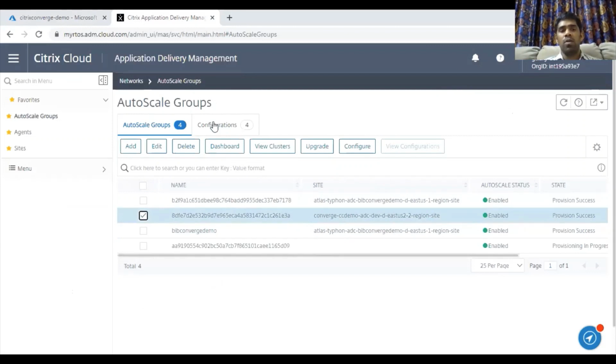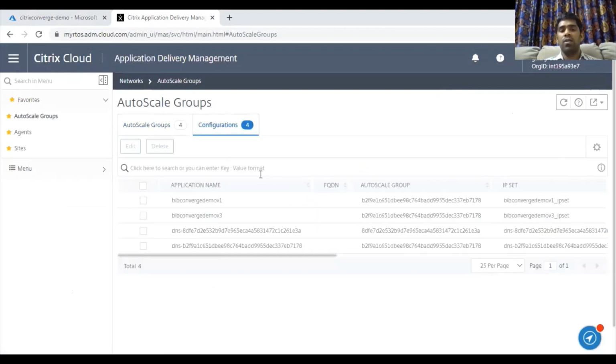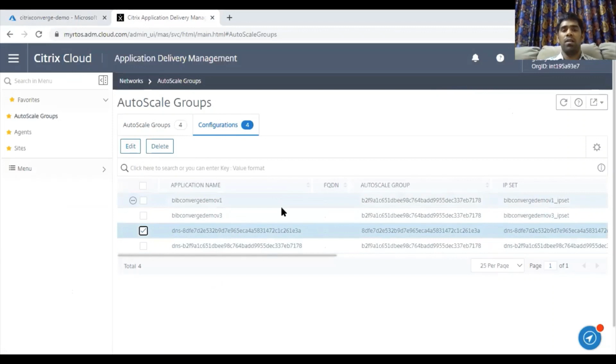So you can go ahead and modify the configuration using this configuration section, and you can edit the minimum and maximum nodes or the config parameters for the autoscale group here. So this is section 2 now. Now over to Bibhav for explaining the detailed ADM APIs in section 3. Thank you.